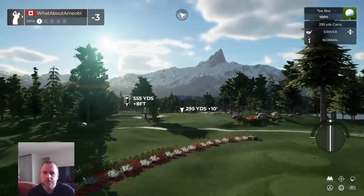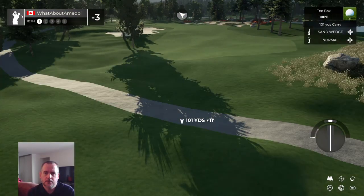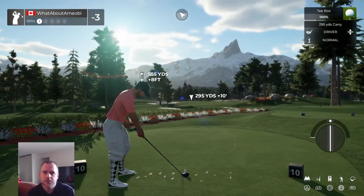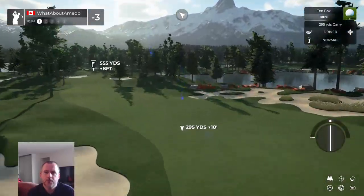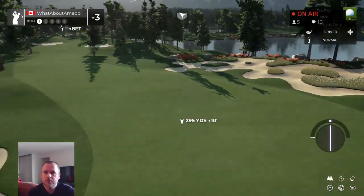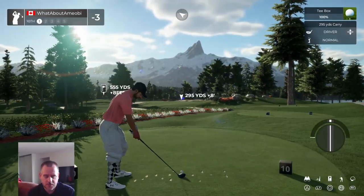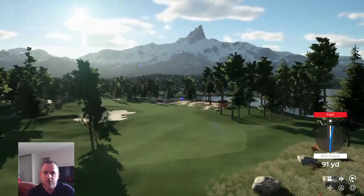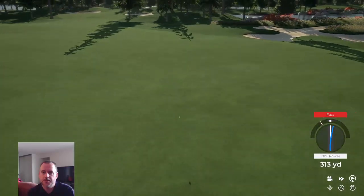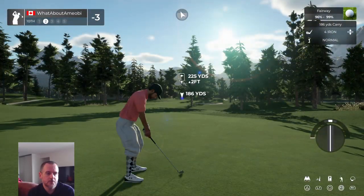Okay, par 5. I don't know if these flowers here are working really. They're almost more distracting than enhancing to the experience. I'm not sure. We got a dogleg left. Big bunker on the right there. Just looks like we've tried a few different things to see what's going to work, which on an early design was understandable. I'm going to get blocked by that tree there, aren't I? It is a par 5. I don't have the right to get there in 2, but...